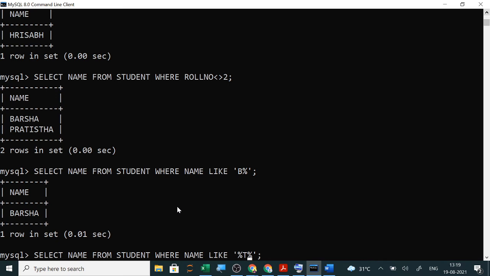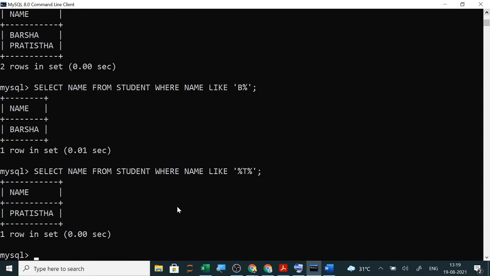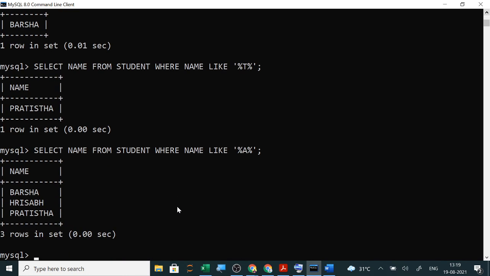Anywhere in the name, if it starts with T, ends with T, or T is in between, then that name you want to see. So here only the name which contains T will be shown. If you had written any name which contains A, then I think all three names contain A, so it would show all three names.